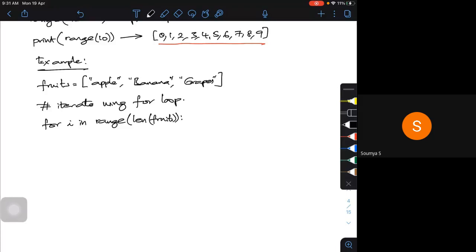What I'm trying to do is print, say I like a particular fruit. Let me call it my favorite fruit.